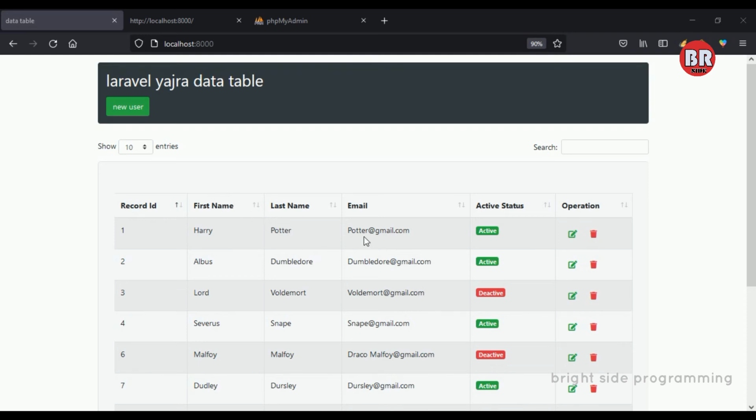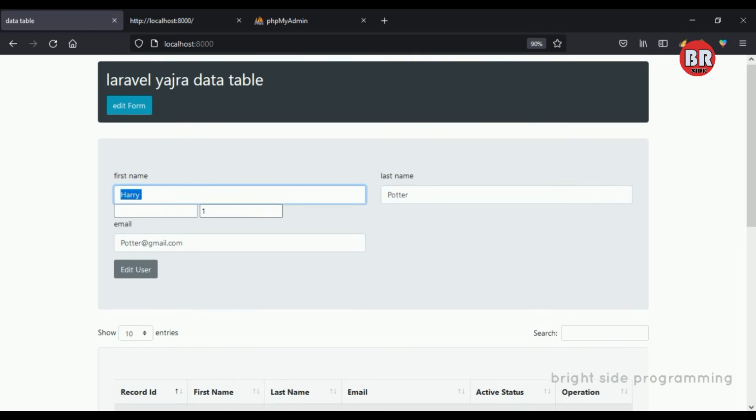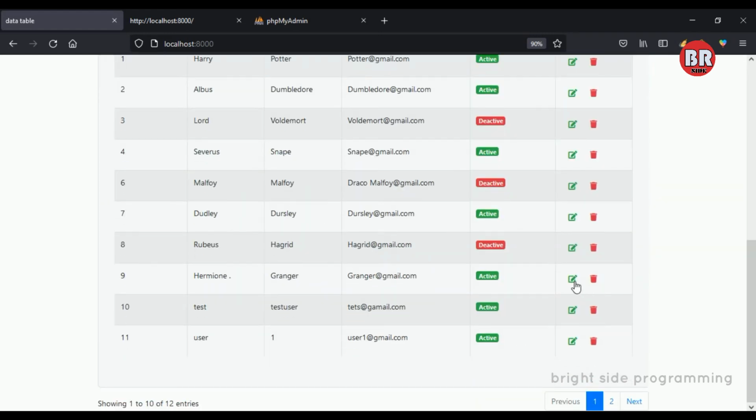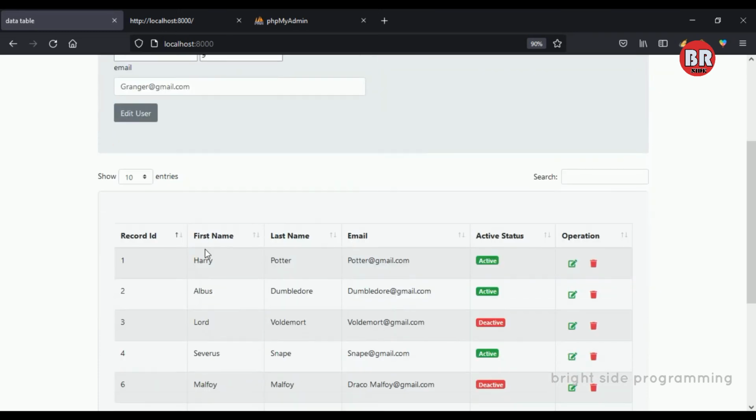Now we can click our edit icon. You can see here our ID has been passed and our data is also coming into our form fields. Now let me change another one. I click this ID 9. So you can see here our data is coming successfully. So now we have to add the